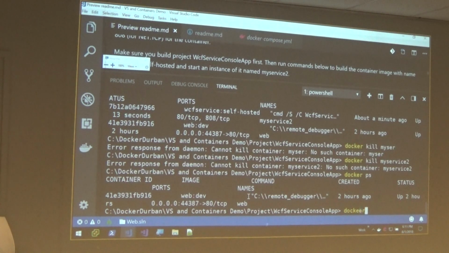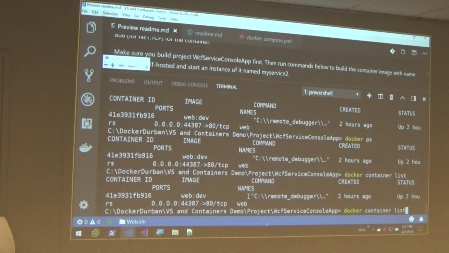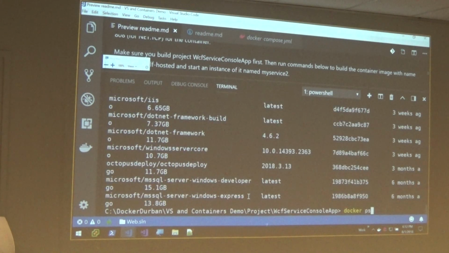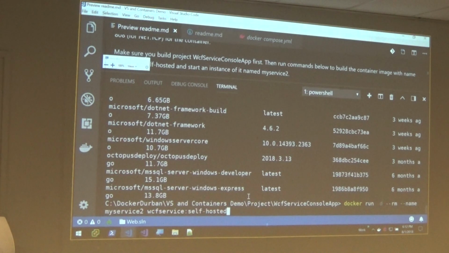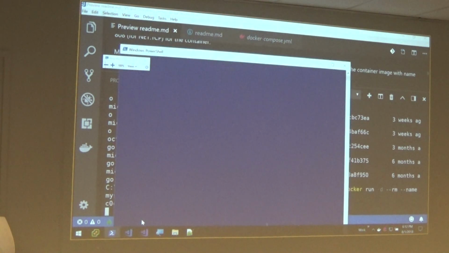So docker ps is a way of listing your containers that are running. You can also say docker container list, which should give the same thing. And then if you want to see your images, you can say docker images. You will see the images. Let's just run it again. Docker run. I think it might be this terminal's playing around with